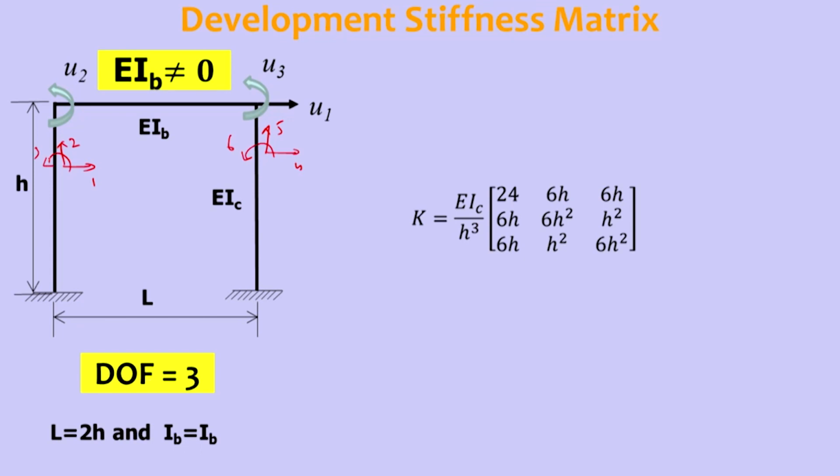Axial extension of the columns is neglected. So that will leave degree of freedom 2 and degree of freedom 5 out, which leaves 1. The total 6 degrees of freedom will become 4 degrees of freedom. Rotation 3 will be there and rotation 6 will be there. And the translation degree of freedom 1 and translation degree of freedom 4 are both one